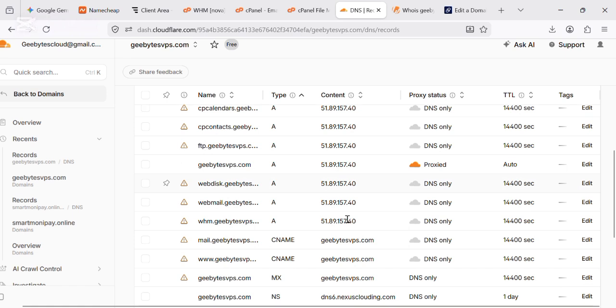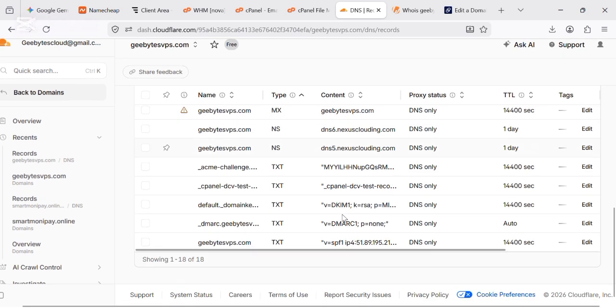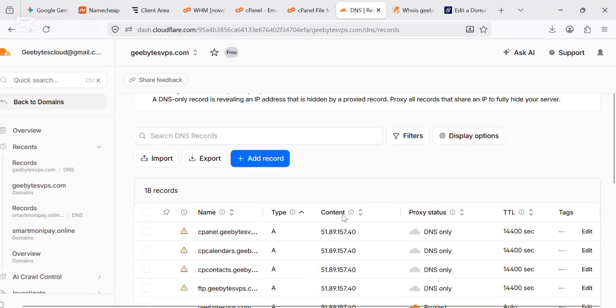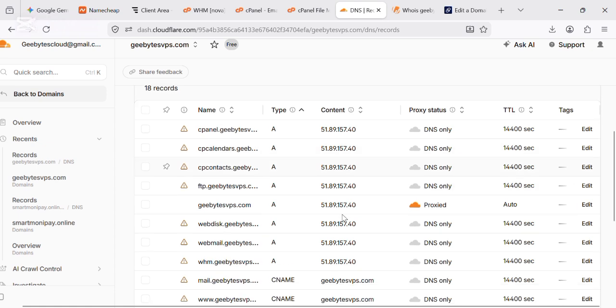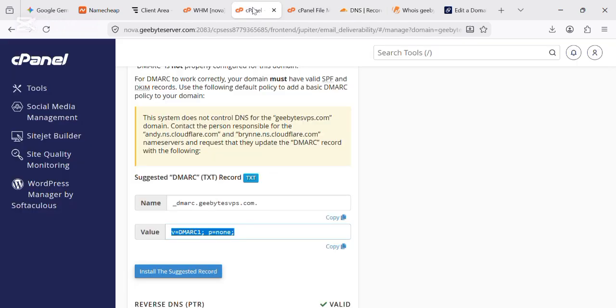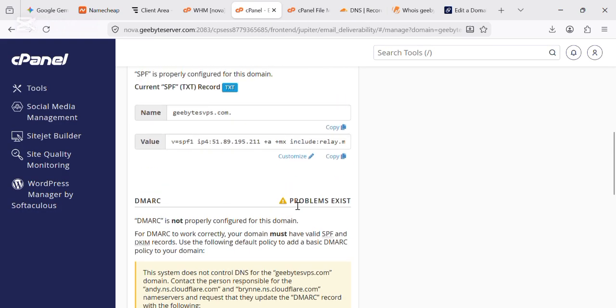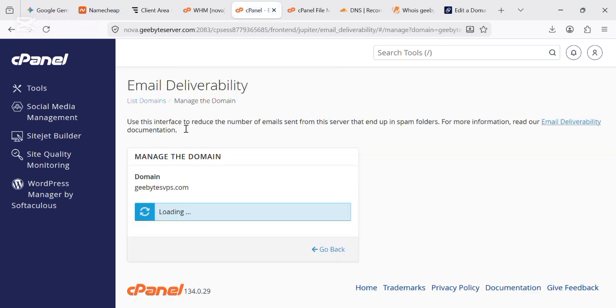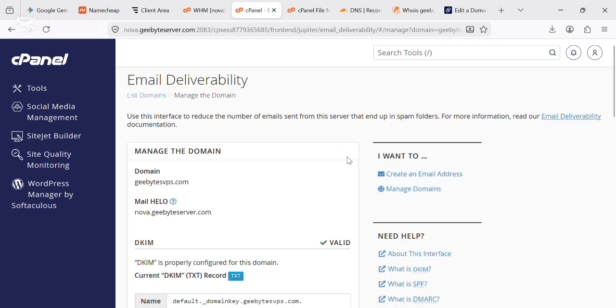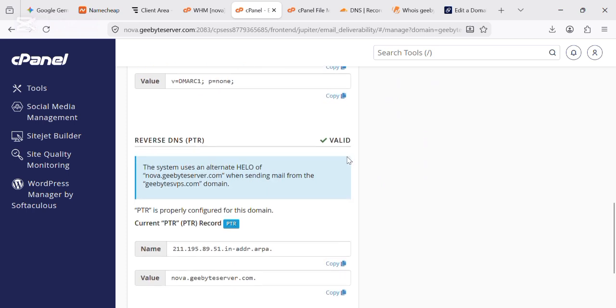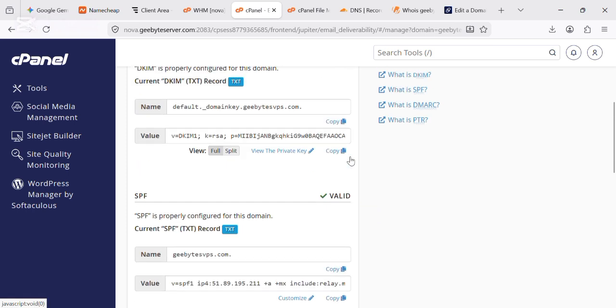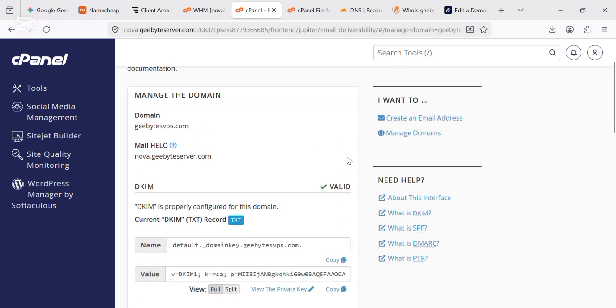If you go back and check now, you discover that everything is in line. Everything. Now let's go back and check. You discover that the problem no longer exists. That's all. Simple as that. So easy. Perfect. With this, your email system is perfect.